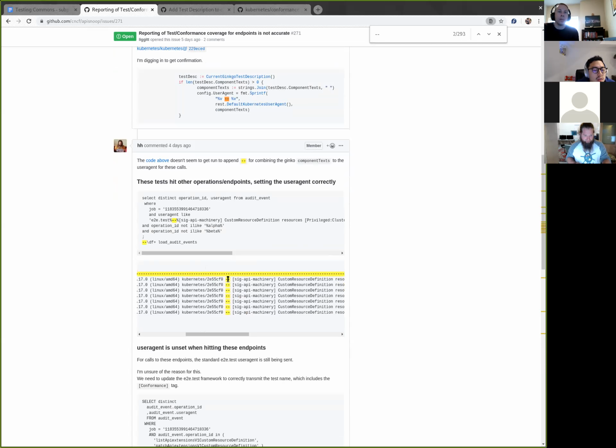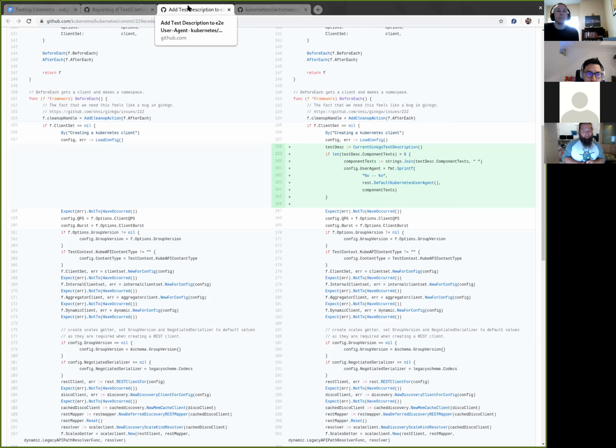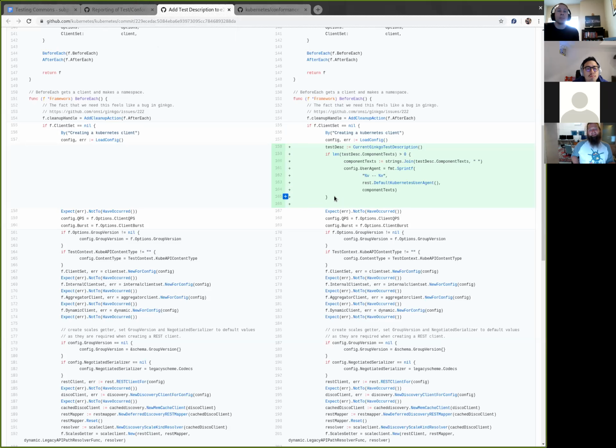That's where dash dash gets added, and then the entire string context name to identify which test is currently speaking to the API server. And some of them are missing. Yep, because then we look at that other endpoint we select and we see these are the endpoints we know it is hitting, and there's the two E2E test binary hits that don't include the test string. It's weird because it's happening later.